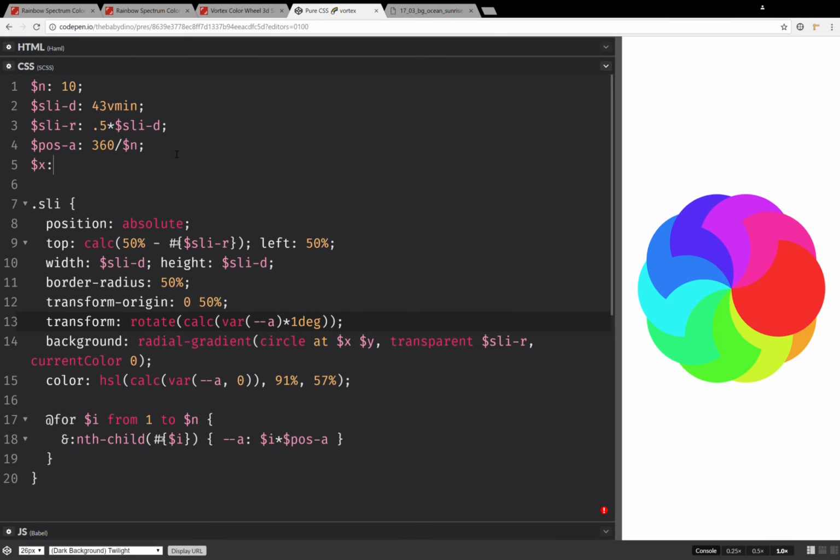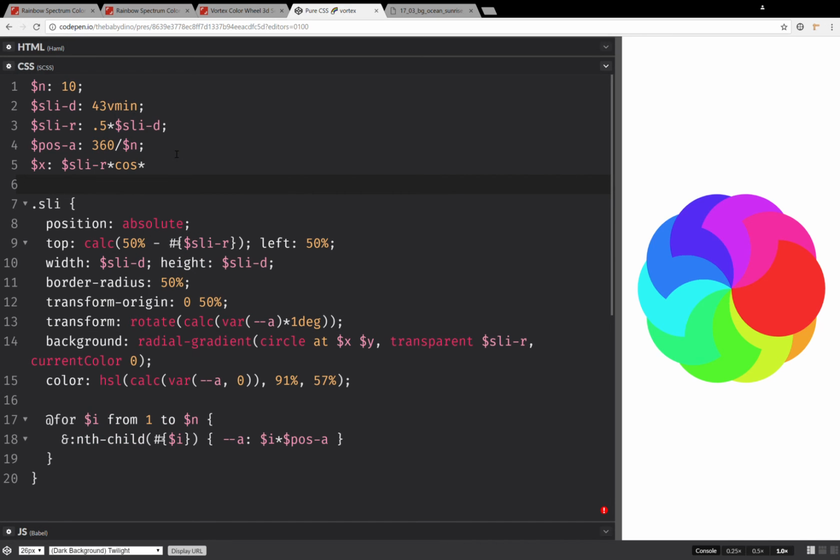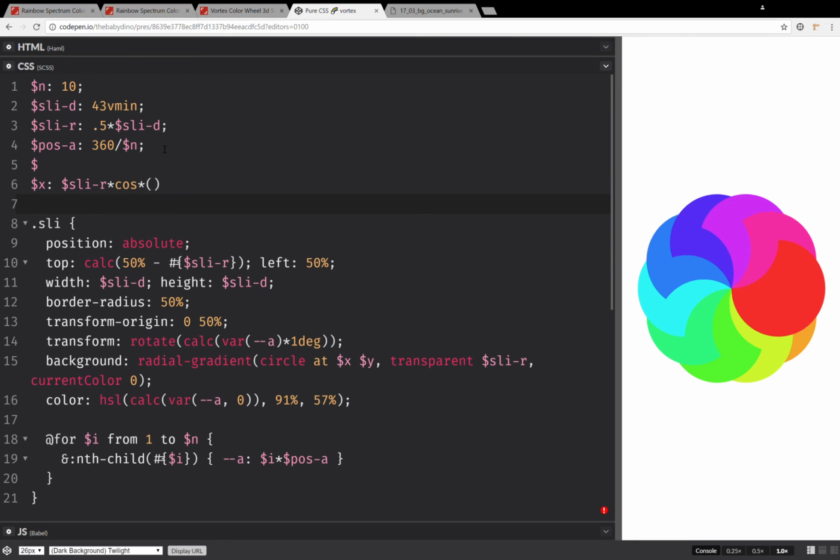So x is going to be the slice radius times cosine, and this would be the positioning angle if we had degrees here. But since it's unitless, it's taken to be radians, so we need a degree value. We could also use radians, but it also involves conversions, so whatever. It feels simpler this way. Positioning angle times 1 degree, and we have to multiply with 1 degree twice, but whatever, it's not going to be twice in the generated CSS. So it's going to be the degree angle here,